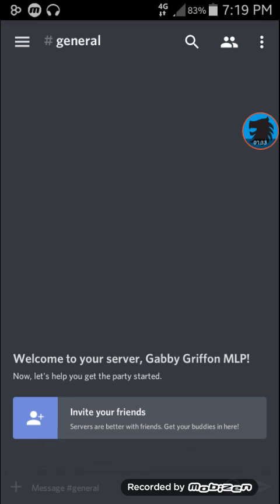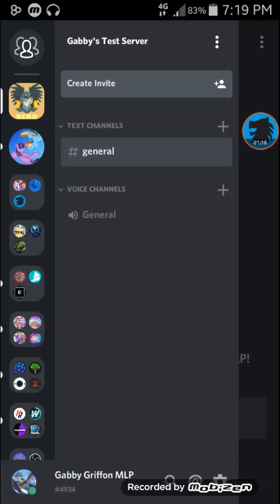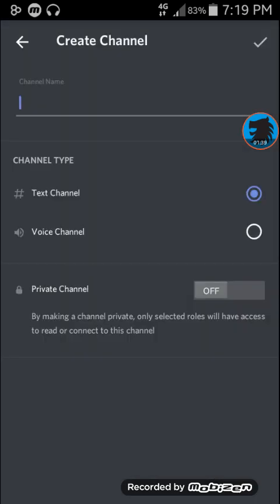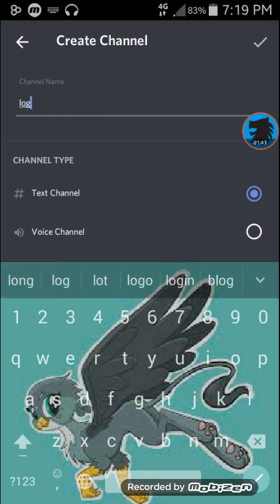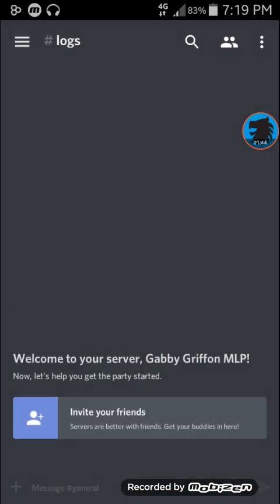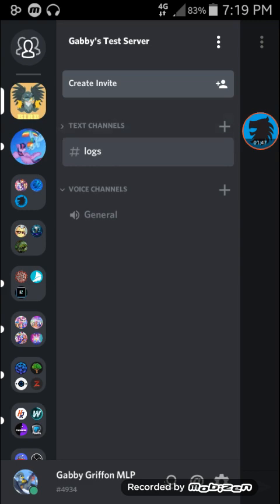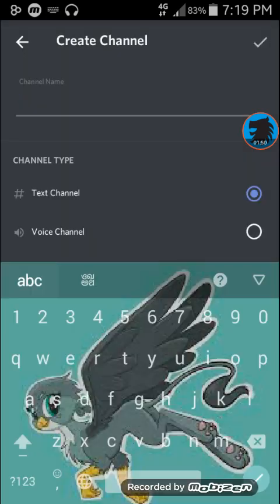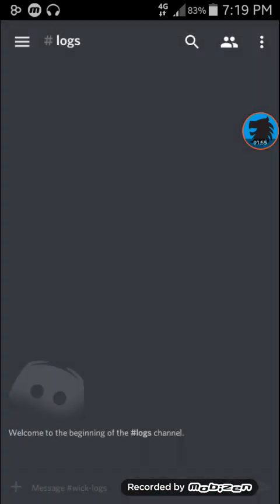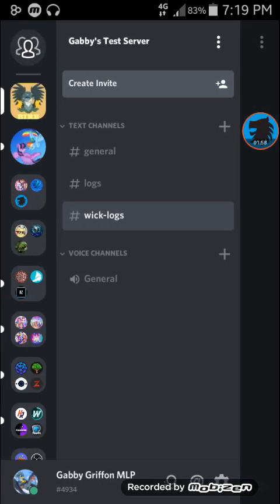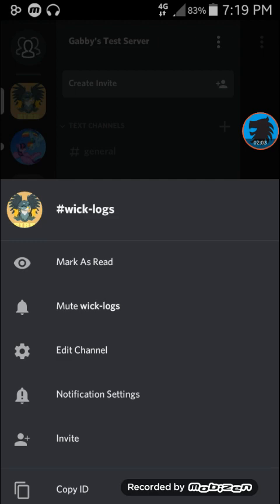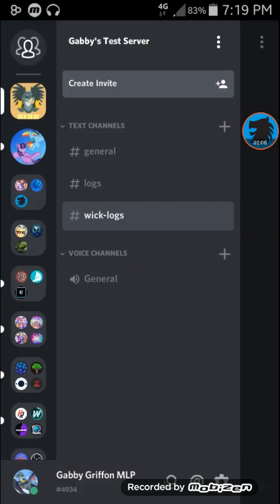So the first thing you want to do is set up all the roles and channels. So you're gonna need a channel such as logs, Wick logs. Although you don't really have to set that up. Wick will set that up on its own. And you're gonna need a verification channel, which also will be generated by Wick, and then you're gonna need